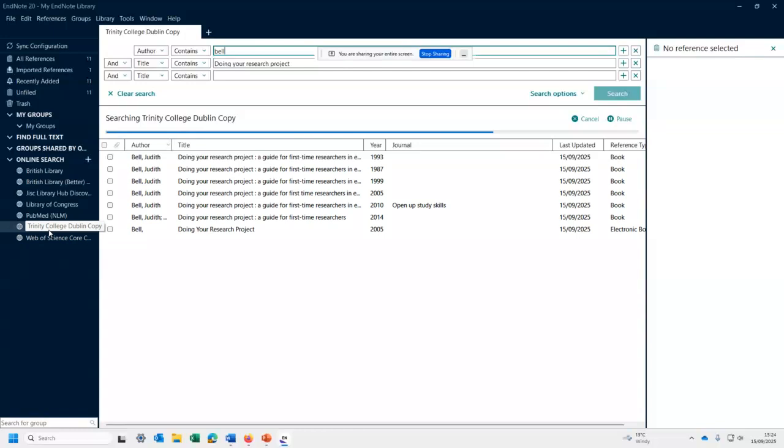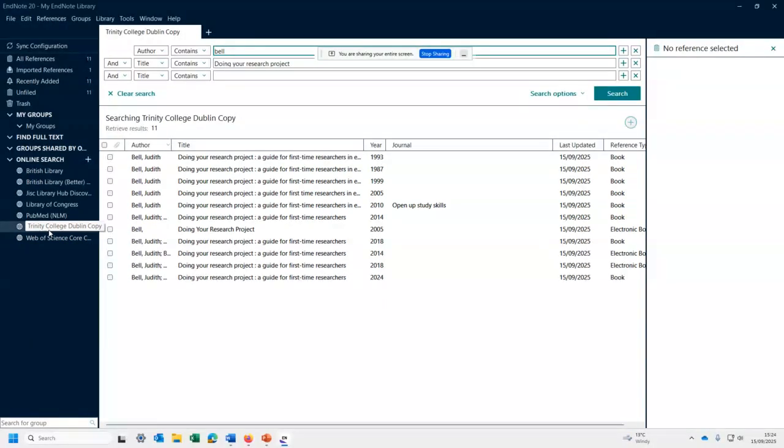Okay, so now it's searching our library catalog. Now, you notice with the databases, we actually went external to EndNote and we went to the databases themselves. This particular feature, we're searching from within EndNote, but we're searching the library of Trinity College. And again, you access that through Tools and Online Search. So what it's done is it's searched Trinity's library catalog and it's found all these books by Judith Bell, Doing Your Research Project. And because we're a copyright library, we have to keep a copy of everything. You'll see various different editions here.